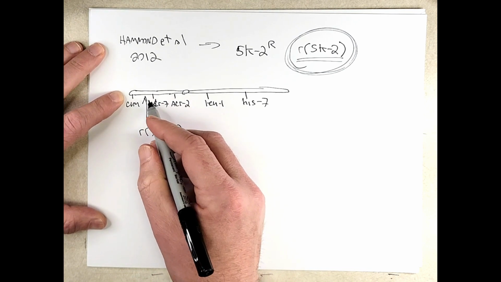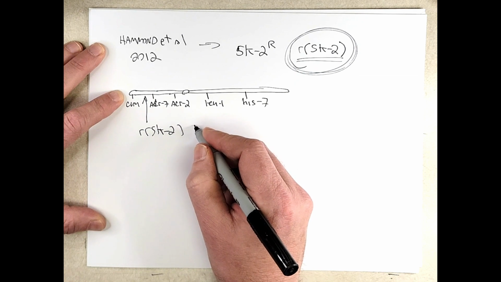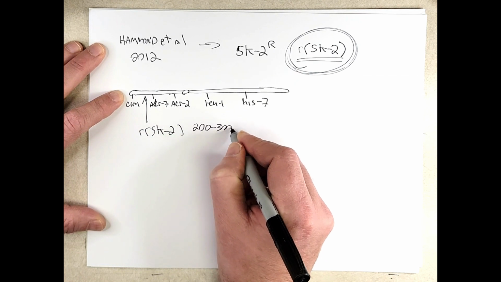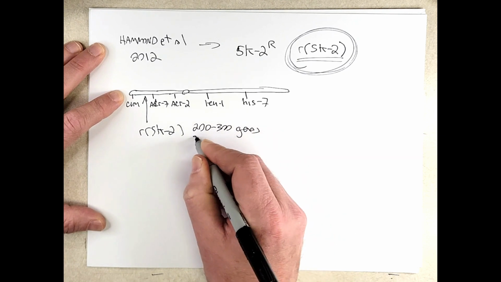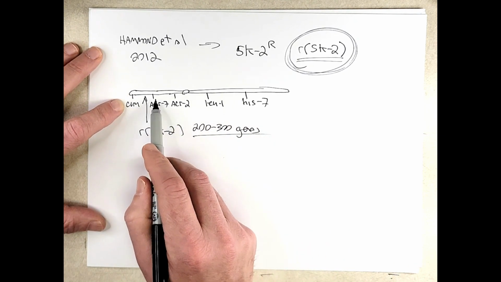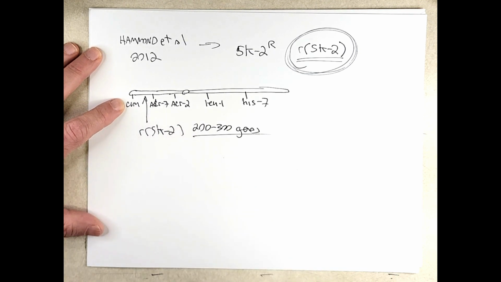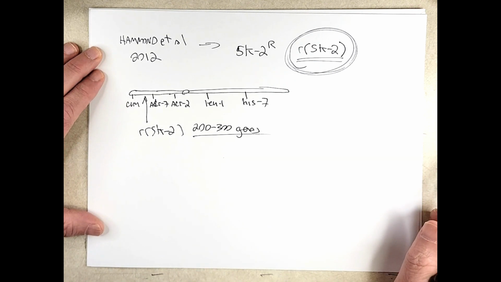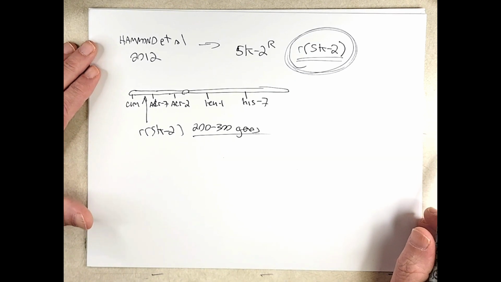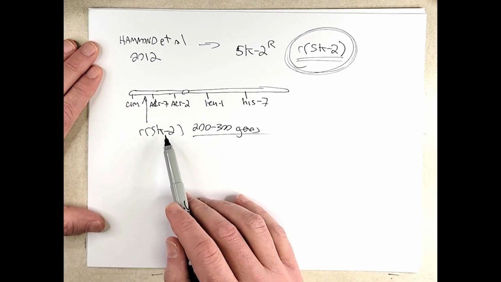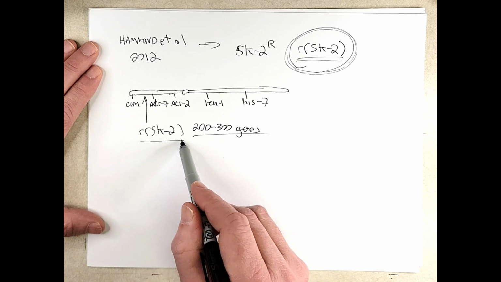And I don't know how many genes are in there exactly, but it could be, let's say, a couple hundred. Let's say 200 to 300 genes in there. So 200, 300 predicted genes in this interval bounded by the cumulus gene and the ACR7 gene. So that's a lot of genes. And researchers hadn't identified this gene precisely,